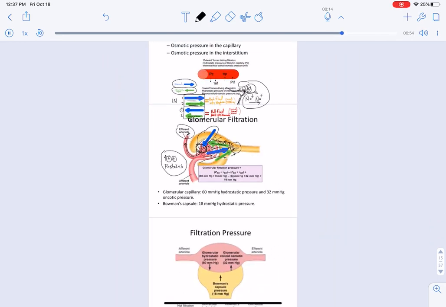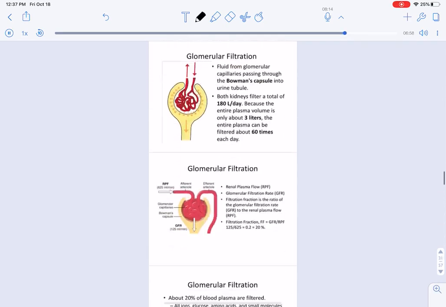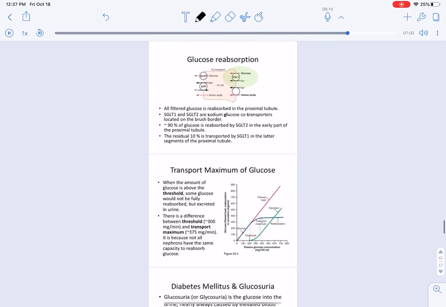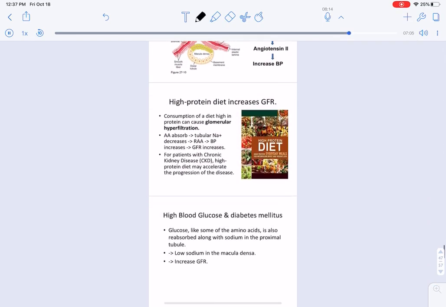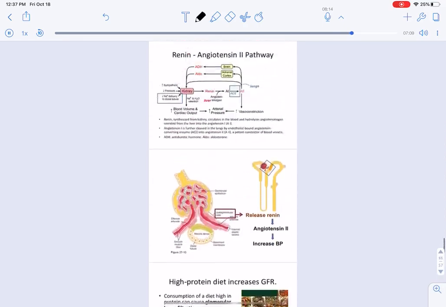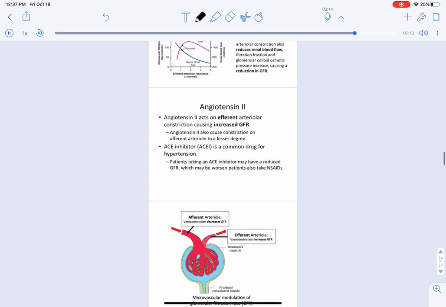peritubule capillaries. So peritubule capillaries, peri meaning around, tubule meaning tube, so they surround the tubule. All those do is that those are right next to the nephron, the whole nephron loop in the renal cortex portion of the